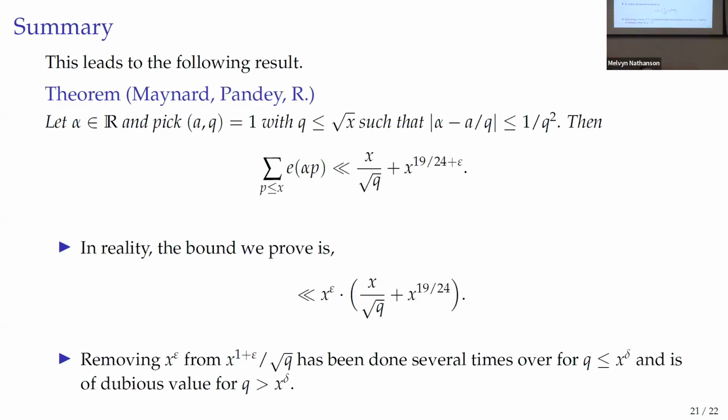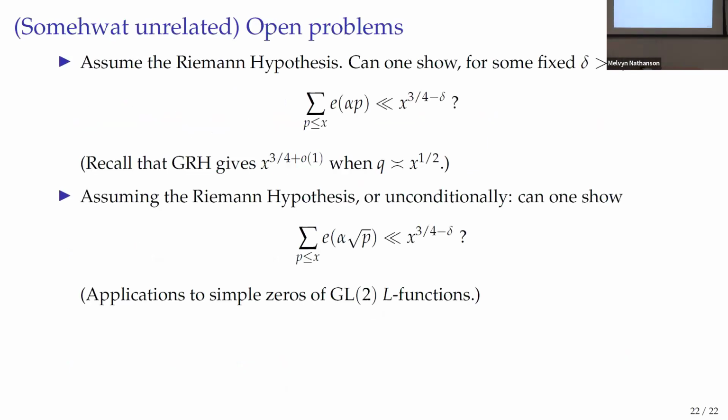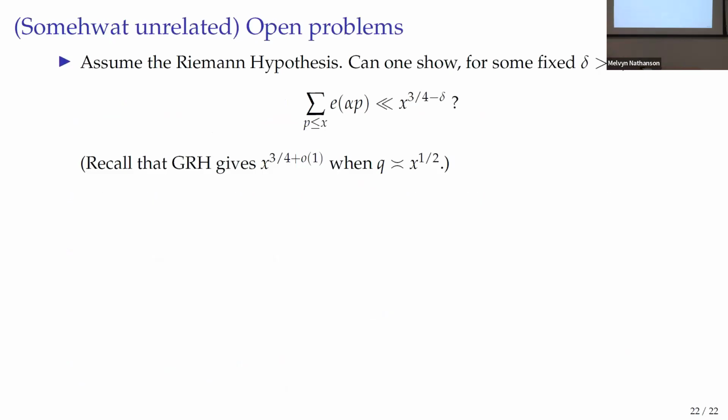If you are working in explicit number theory, you are probably very upset about this and you want to remove it. There is a very big literature of people removing this term with various constants. We don't care about this because it is already done for small q. You can remove this. And for big Q, we see no reason to actually remove it, because what's the point? So this is why we are okay with this term, but there is an x to the epsilon dash.